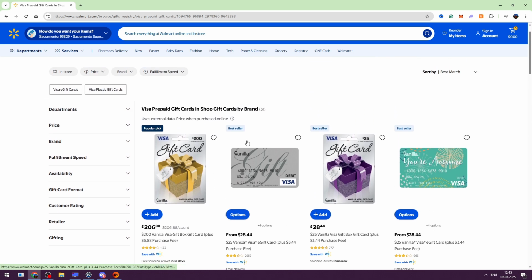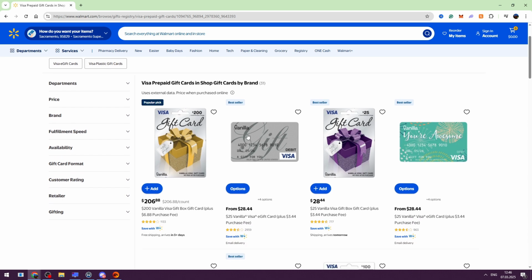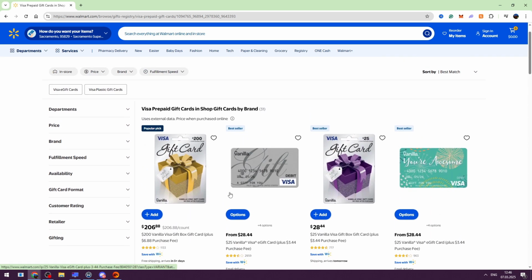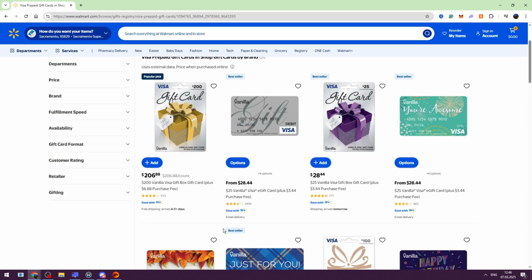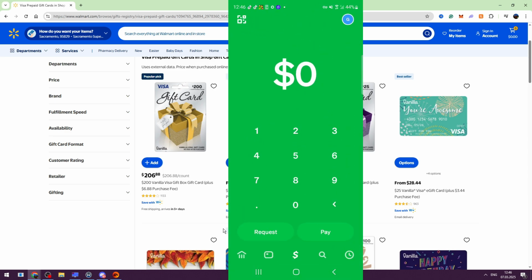First of all, you need to log into your Walmart account and buy the Visa prepaid gift cards on Walmart, guys. As you can see, there are different options. For example, you can buy the Vanilla gift card, guys. It's similar to a debit card. So once you buy the prepaid gift card on Walmart,